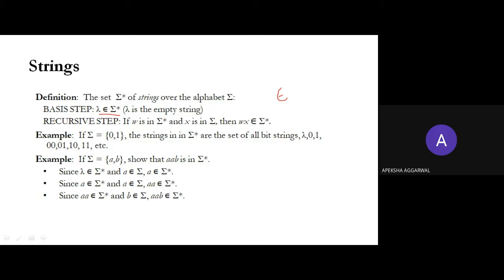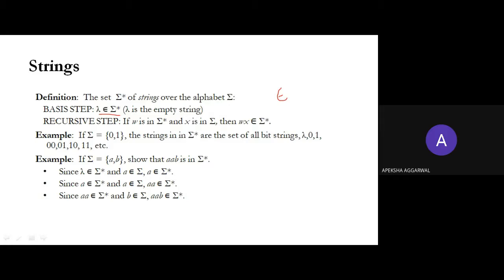That alphabet can be 0 or it can be 1. So that also belongs to sigma star. That is true, right? 0, 1, 0, 1 was picked from sigma star, and from sigma, suppose I have picked 1. So what would be WX? 0, 1, 0, 1 and 1, right? 0, 1, 0, 1, 1. Now this string would also belong to sigma star, right? True? So this is the recursive definition.